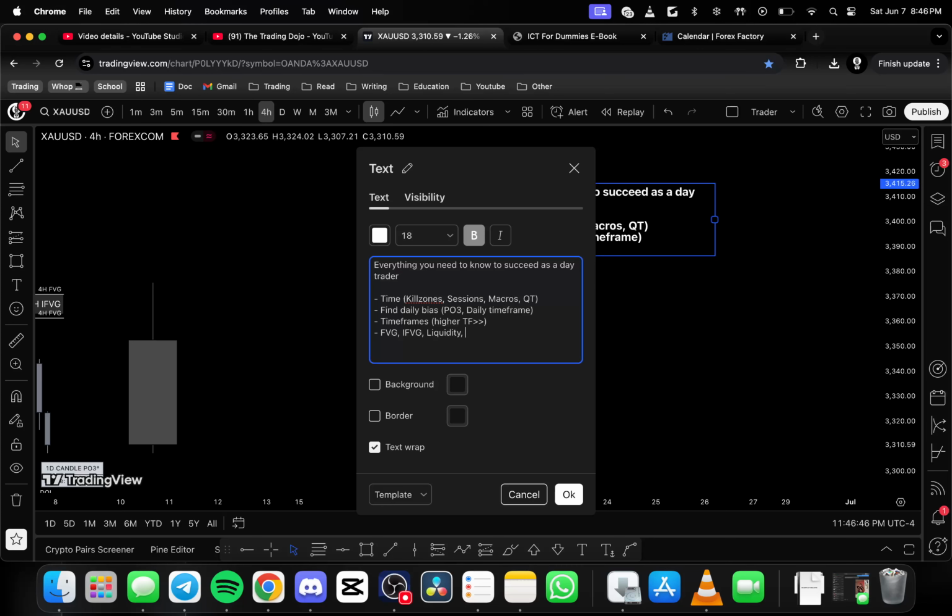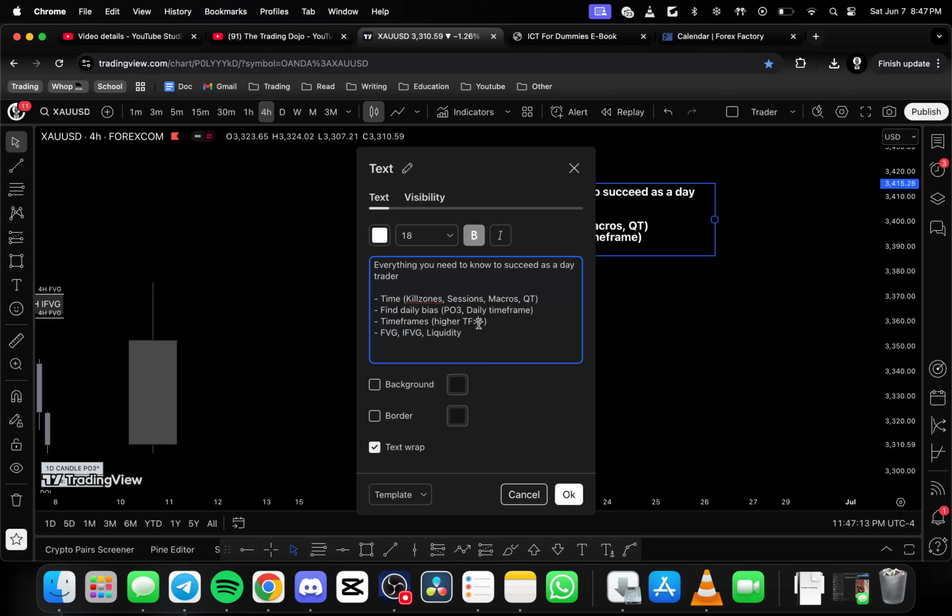There are things like order blocks. I honestly don't even use order blocks. I don't like even looking at them, if I'm going to be honest. I feel like I've simplified my trading to understanding inversion fair value gaps and fair value gaps so much that I don't even use order blocks anymore. So I'd say these 3 are your most key foundational